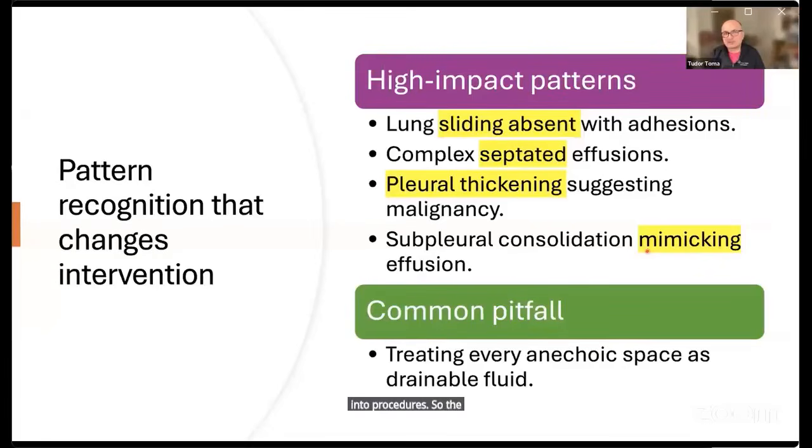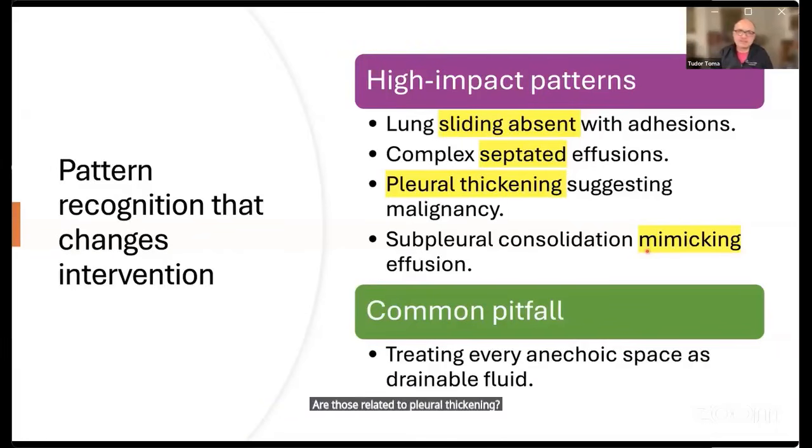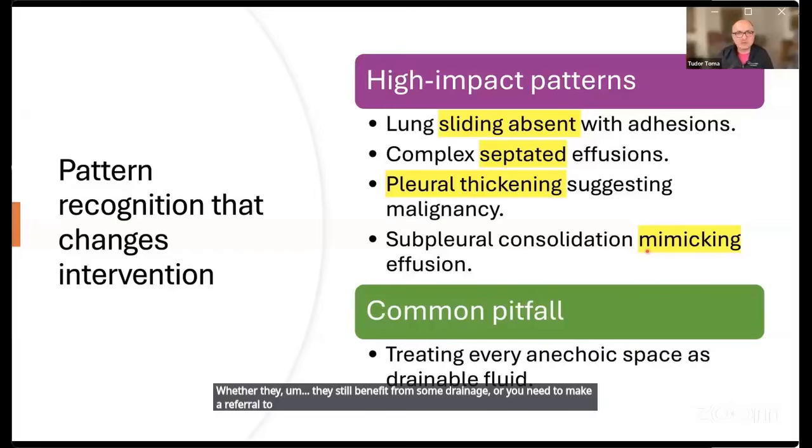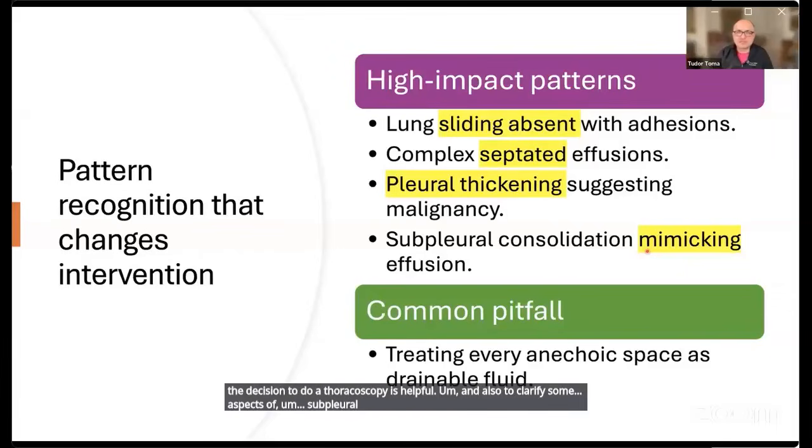The patterns which are important for IP people are those related to pleural thickening, the complex septated effusions, and whether they still benefit from some drainage, or you need to make a referral to thoracic surgery, or the decision to do a thoracoscopy is helpful. And also to clarify some aspects of subpleural consolidation, which again will change the management, which may look like an